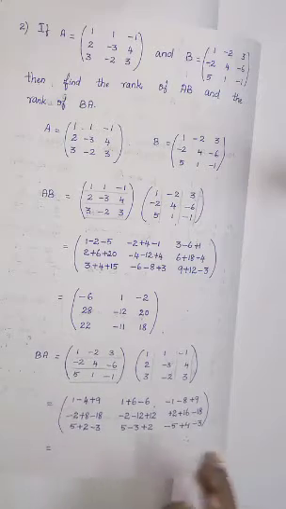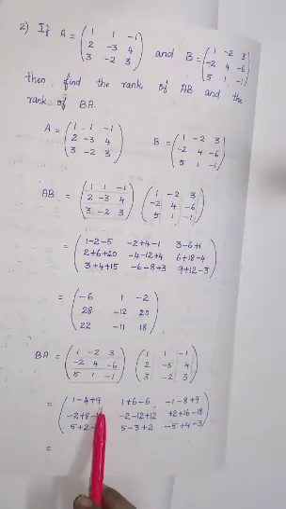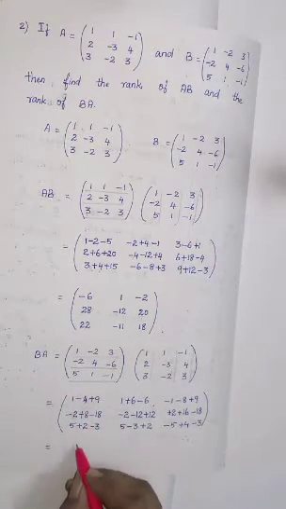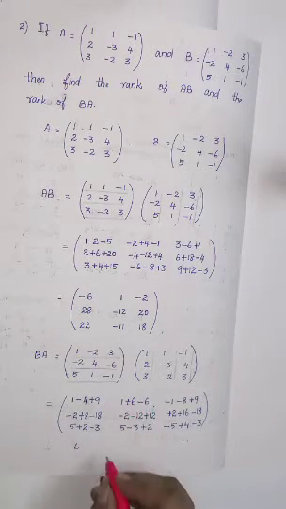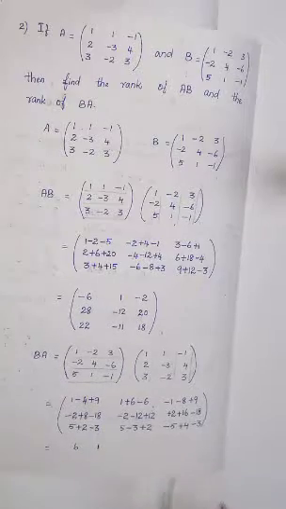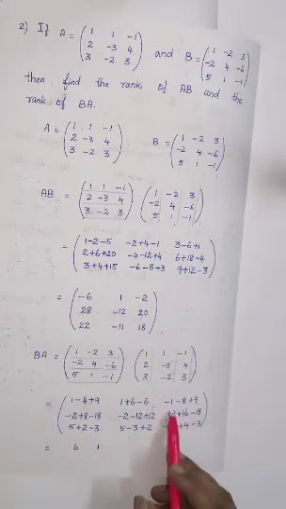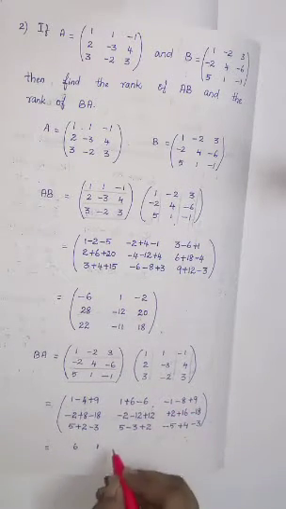Equal to, we'll have to solve now. 1 plus 9 is 10. 10 minus 4 is 6. Plus 6 and minus 6, it will become 0. 1 is there, so I can give 1 over there. Now minus 1 minus 8 is minus 9. Minus 9 plus 9, it gets 0.